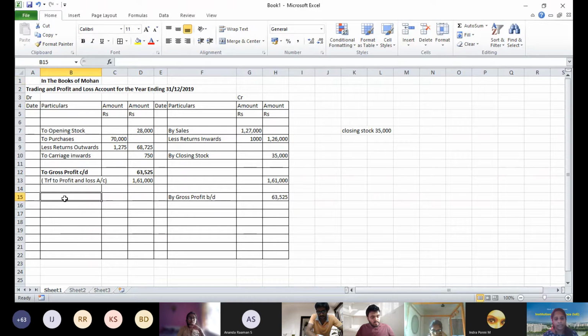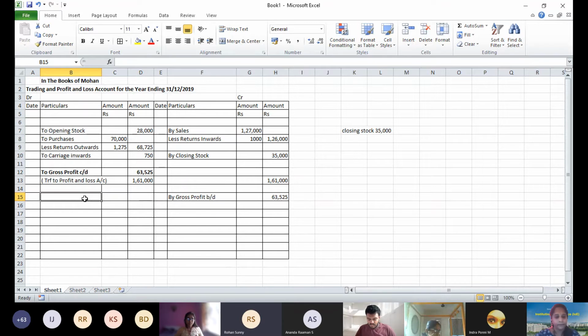I have a doubt. In the question it is also given salaries and wages. Where do we take that? Salary and wages will come in profit and loss. Wages is a direct expense. Salary is an indirect expense, because salary is a monthly aspect. Wages is on a daily basis. Are you getting it? Okay. Thank you.